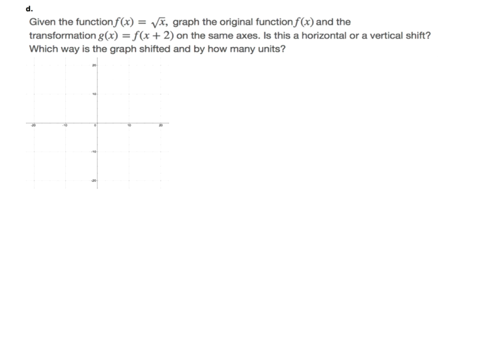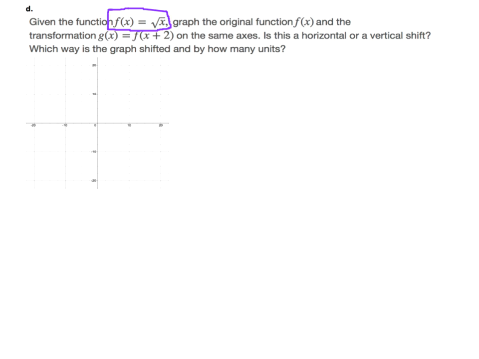Okay, so now taking information from its beginning stage with a toolbox function, creating a new input-output table with its transformed function, and graphing them on the same set of axes, talking about what kind of shift and how many units it shifted. Okay, so